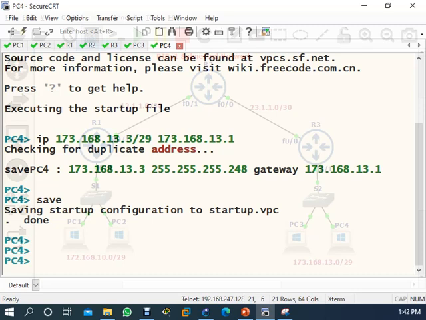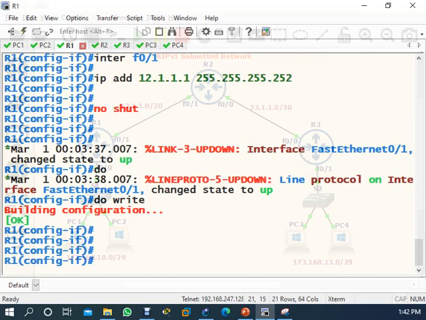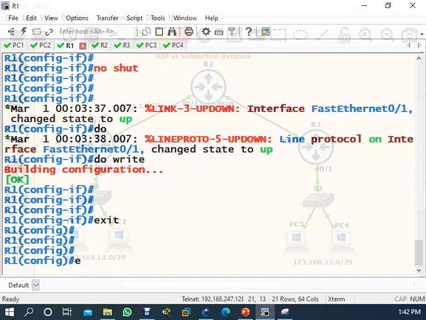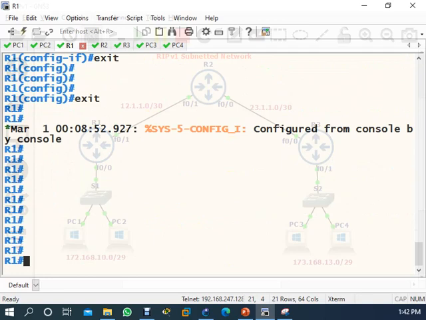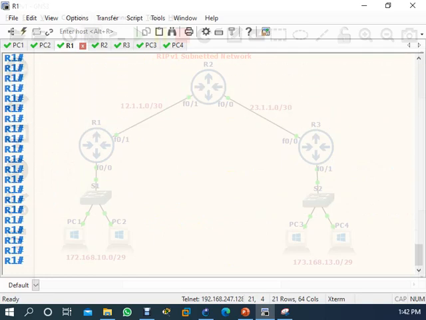Okay, now come here to router 1. Exit or end, whatever you want. Now type show IP protocol first. Enter. No IP protocol is running because you have just configured the IP address, right?